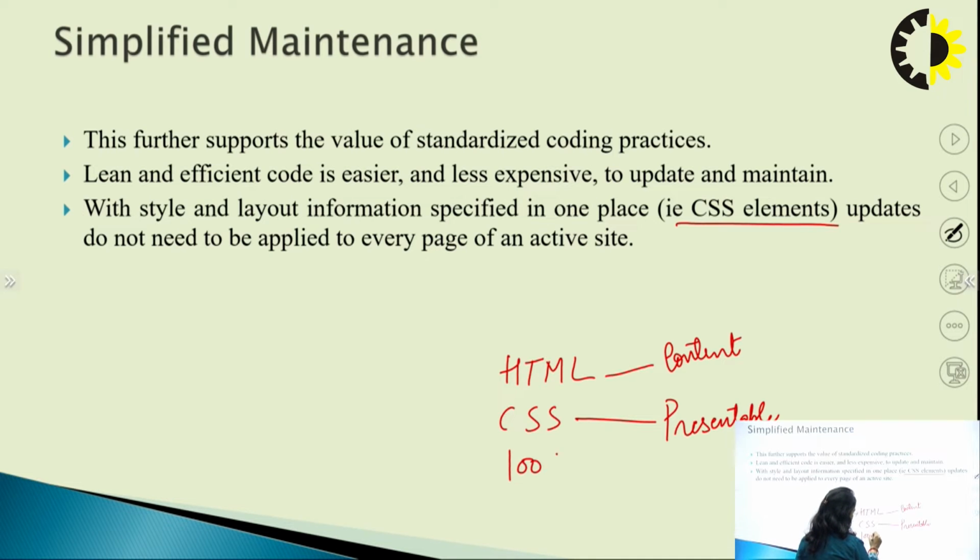Okay, so if there are 100 web pages, and we need to update some concepts, like the font size, then we just make the changes in our CSS file, and by applying the change in the CSS file, all the 100 web pages will change.